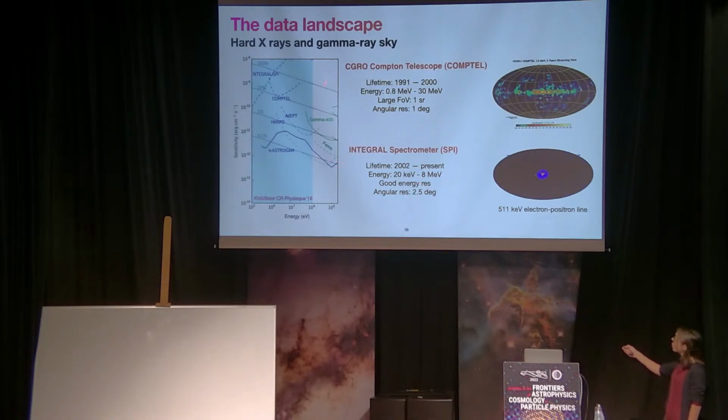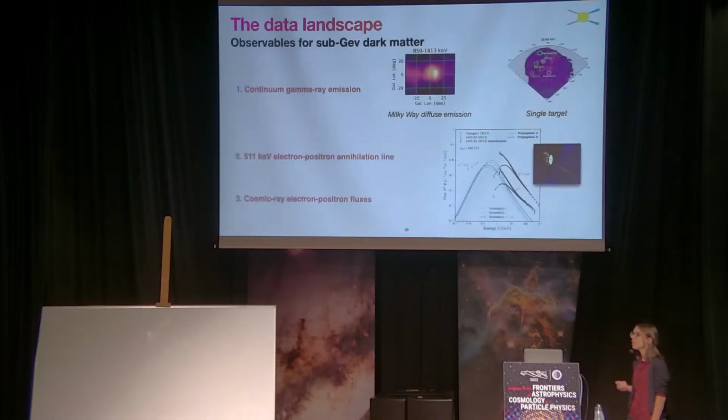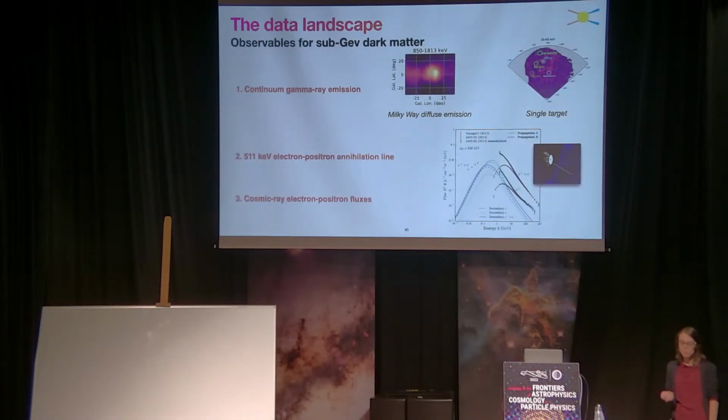And at higher energies, you have the COMPTEL telescope, which ran only up to the year 2000, and it has a decently good angular resolution, and here is the full sky map, which is nothing compared to the LAT. So really here we are limited in sensitivity,